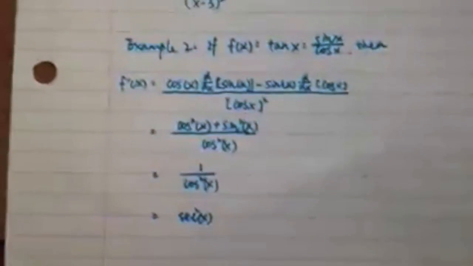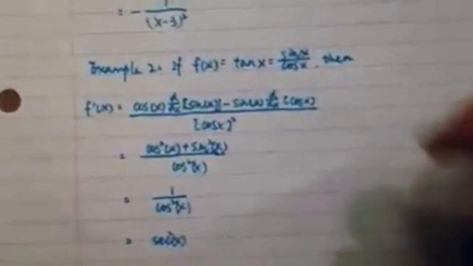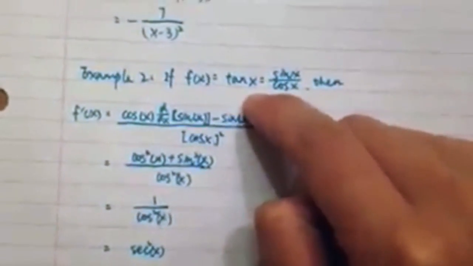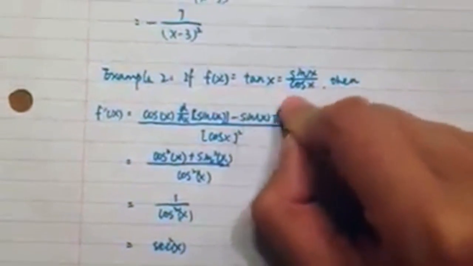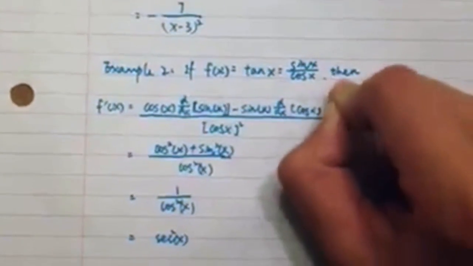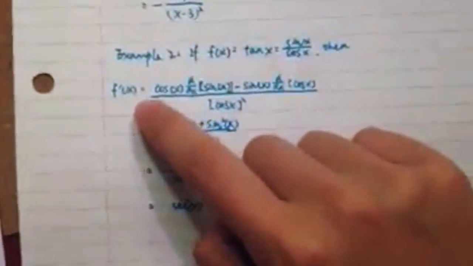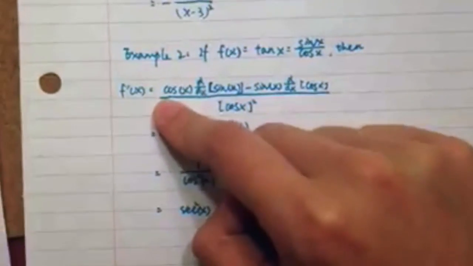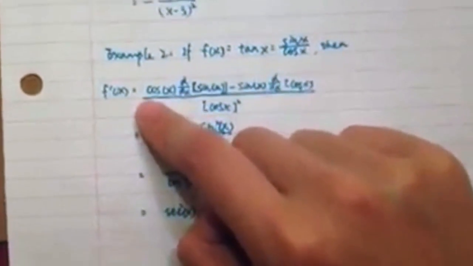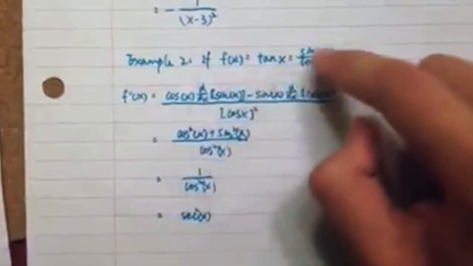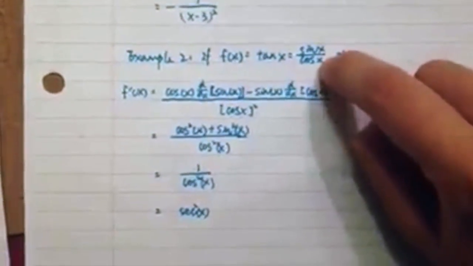And then we can look at another example. Example 2: if f(x) is equal to tan x, which is equal to sine x over cosine x, how do we find the derivative of it? Well, it's the same. We take the derivative, and what we do is low d high minus high d low. We take the lower term, cosine x,